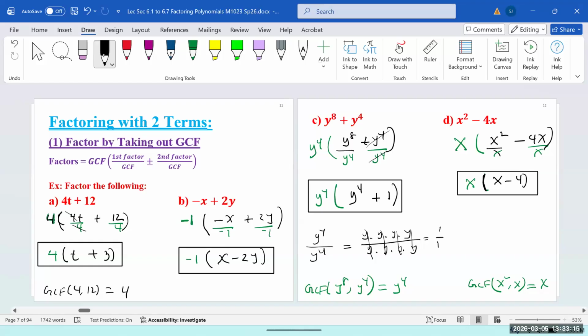So remember, this step we do mentally, but make it visible, guys. If you do it visibly, then you can see what is happening. With 2 power minus 1 power, you are left with x to the 1 power, but the 1 is invisible. Here, the x cancels out, you are left with only 4. You cancel the x, left with 4. And here, by the exponent rules, 2 minus 1 gives you 1 power.